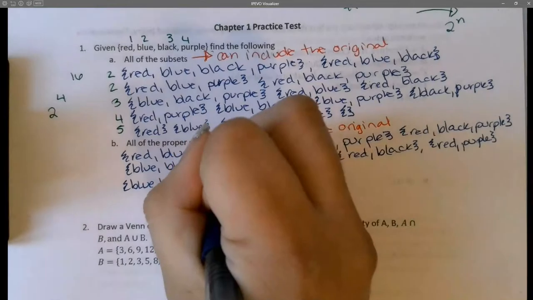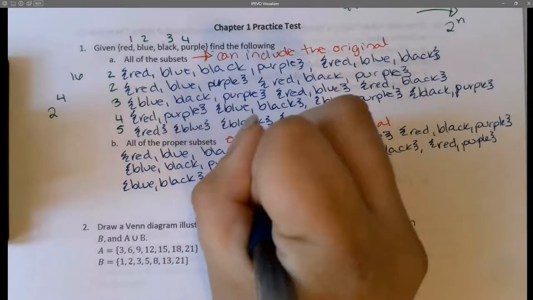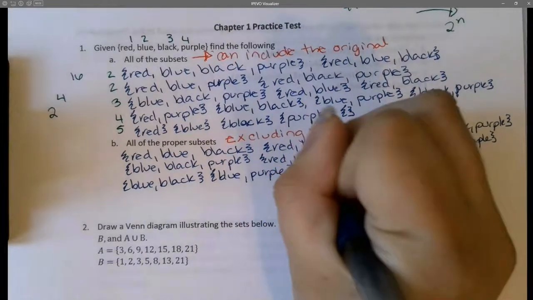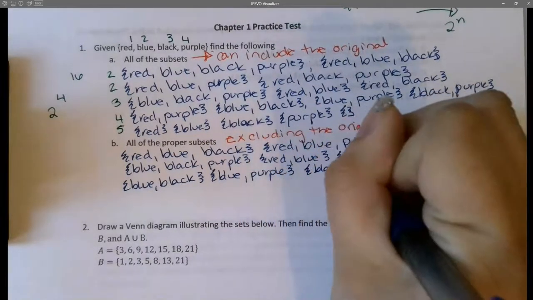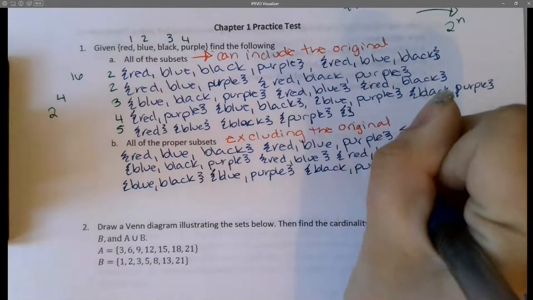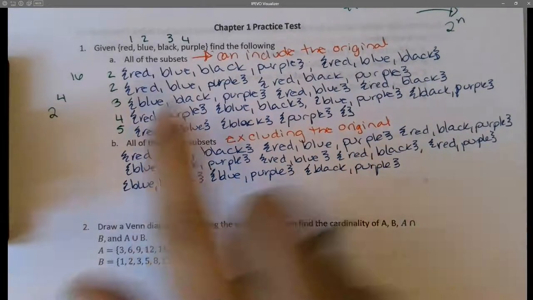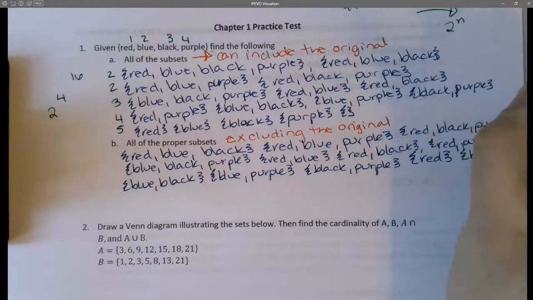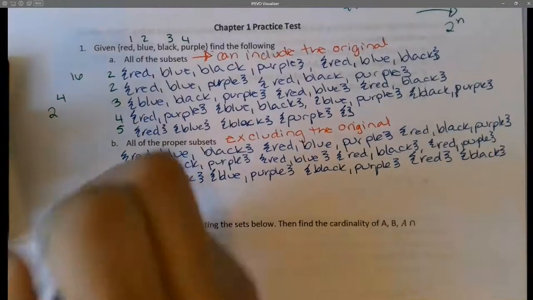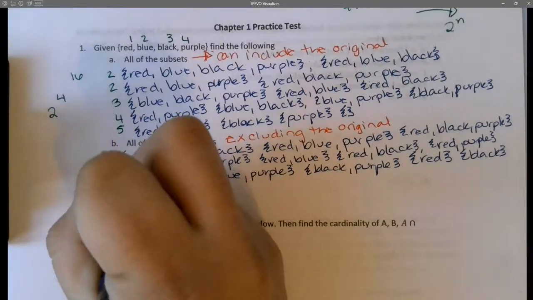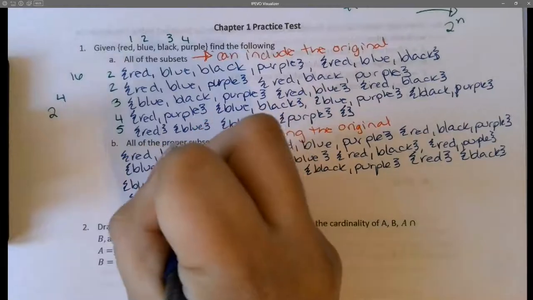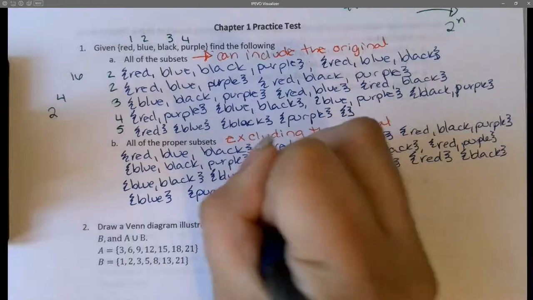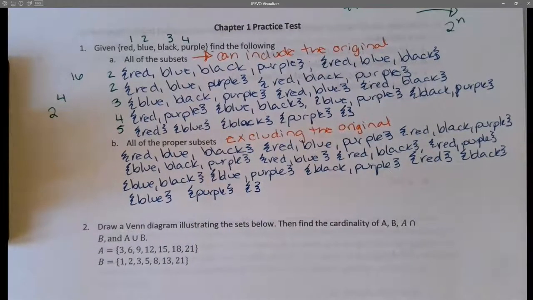Blue, purple. Black, purple. Then I have the single colors. So I have red, black. Oh, I forgot blue. Purple. And then this one can still have the empty set. I can still choose not to have